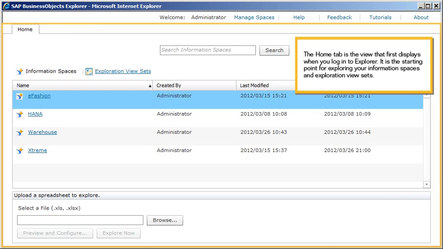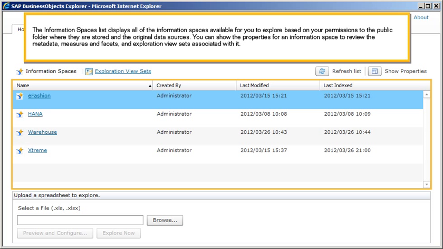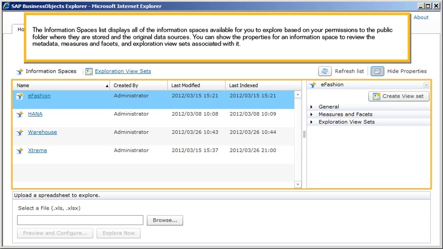The Home tab is the view that first displays when you log into Explorer. It is the starting point for exploring your information spaces and exploration view sets. The Information Spaces list displays all of the information spaces available for you to explore, based on your permissions to the public folder where they are stored and the original data sources. You can show the properties for an information space to review the metadata, measures and facets, and exploration view sets